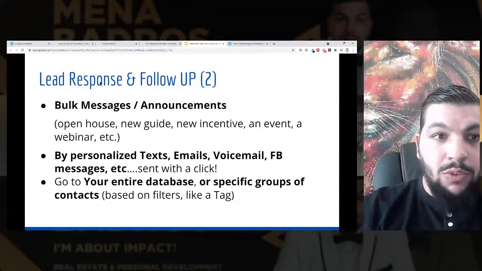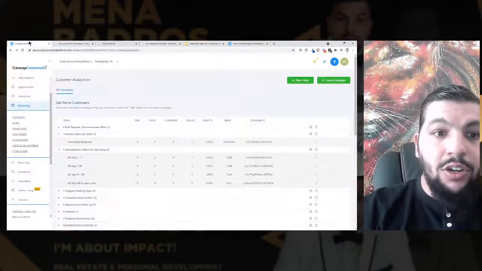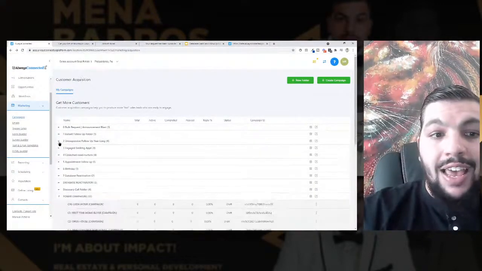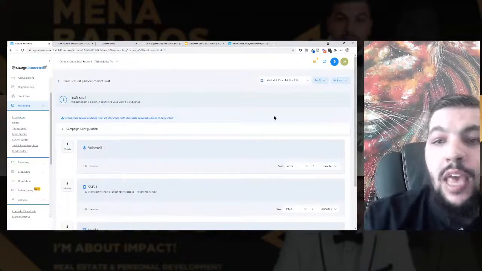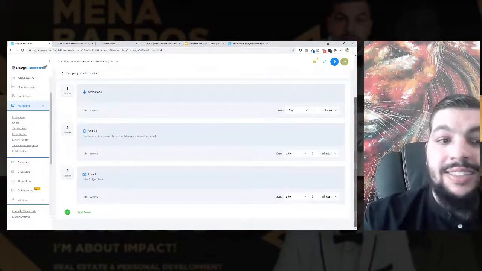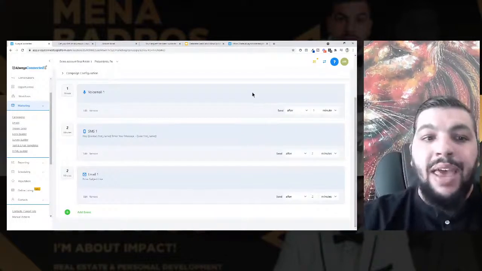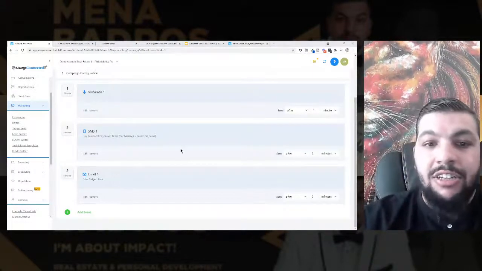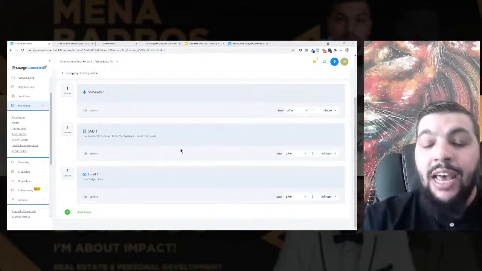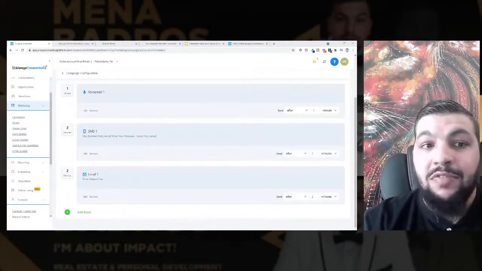Right. So here's how we would do that. In our system, we also have templates for bulk or announcement blasts. This one, for example, has a voicemail, a text, and an email that go out right back to back. Voicemail, then 2 minutes later a text, then 2 minutes later an email. So again, let's say you're having an open house or an event, and you want to invite a lot of people.